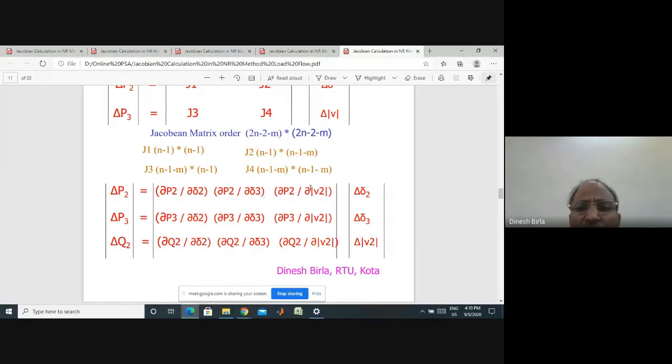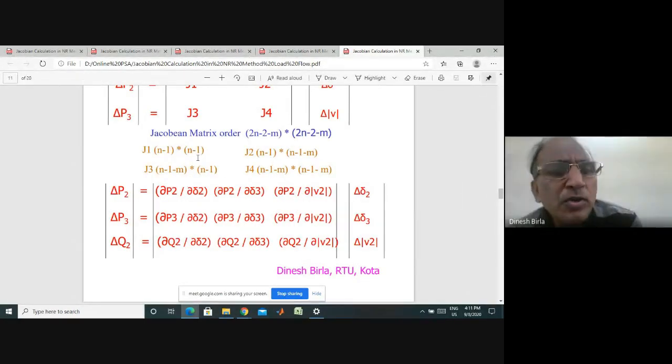To consider one more variation with respect to active power or reactive power: if it is with respect to active power, then a row will increase, and if there is an increase in the bus number, then that bus will also bring an angle delta. So that is why the row will increase, and then a column will also increase. So the matrix will always remain a square matrix.